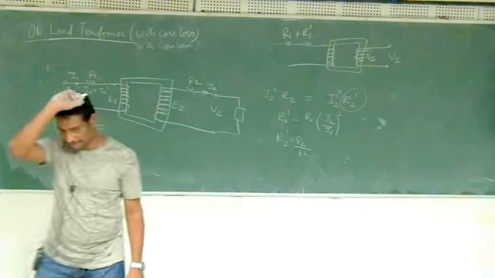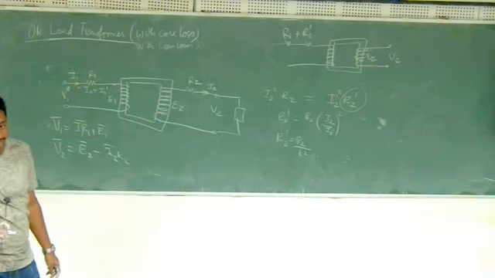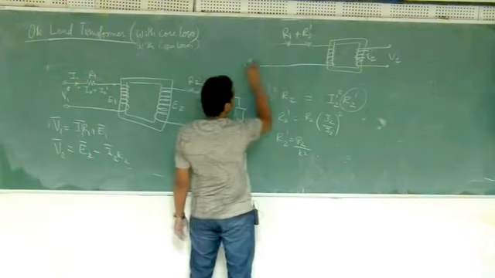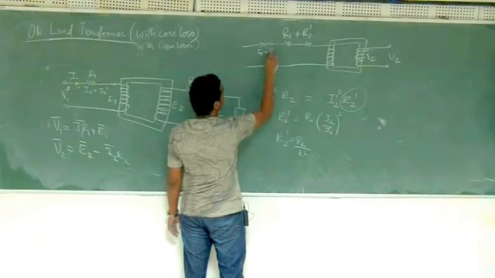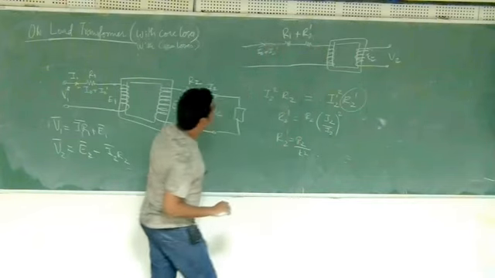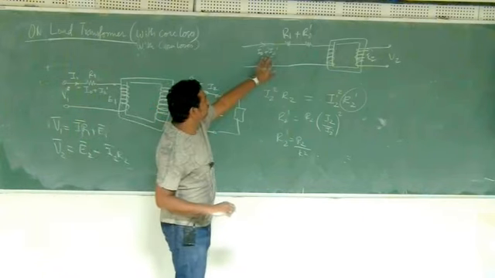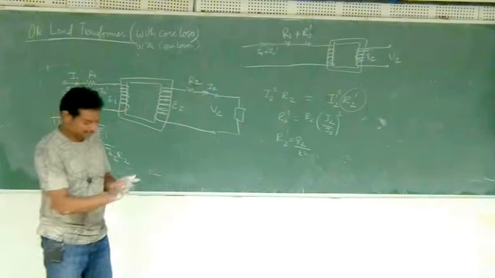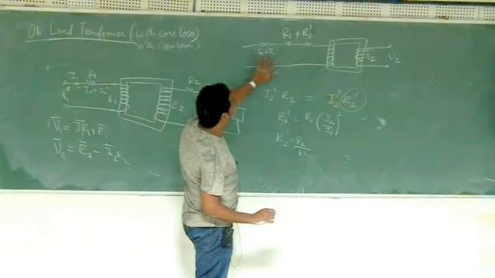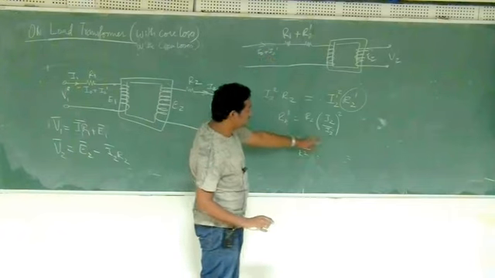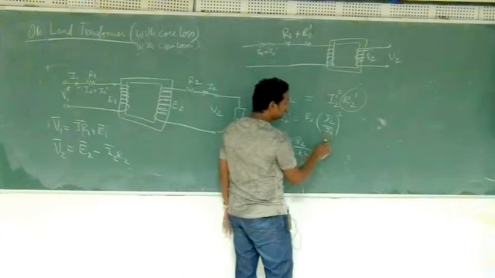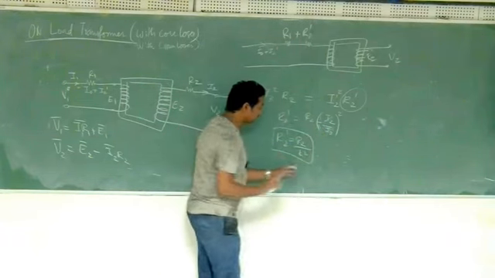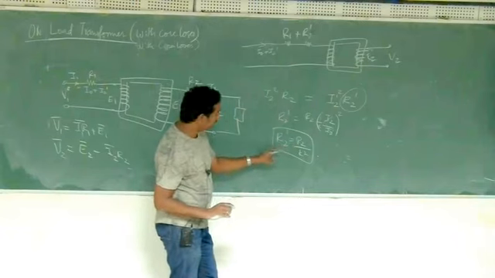Yes, we are neglecting that. The current passing through here is actually I0 plus I2 dash. But the argument is that the component I0 is very small, and to make the calculation easier we will just neglect I0 and take only I2 dash, so that I get this easier. I can cancel this and then put 1 by k, so it will become k square. So just by knowing k square, I can find out what R2 dash is.